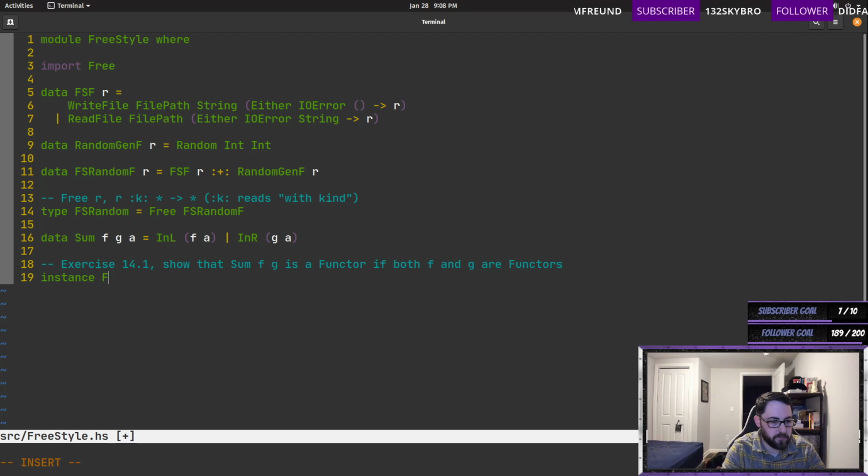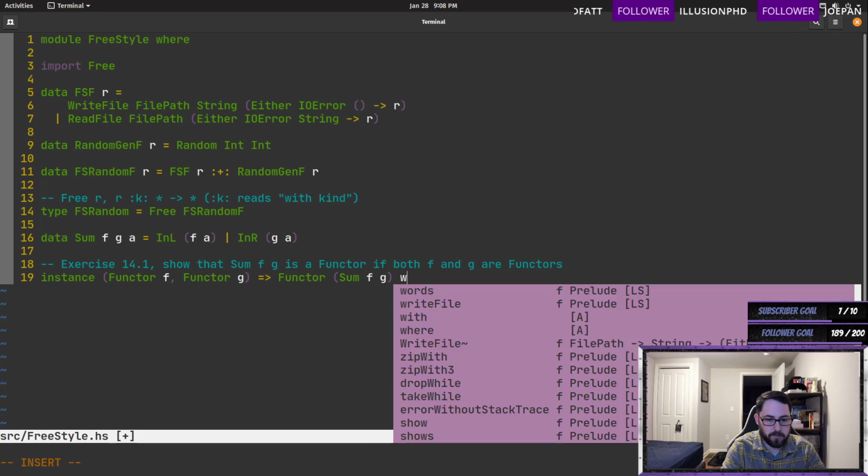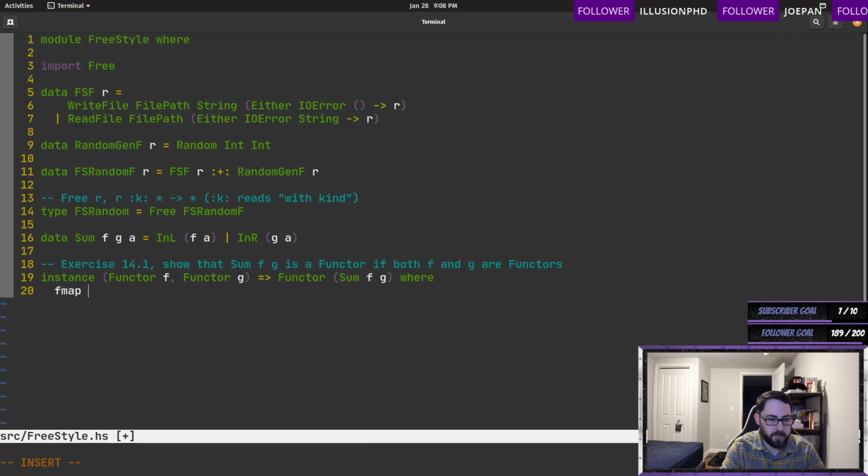Instance (Functor f, Functor g) => Functor (Sum f g) where fmap f (InL